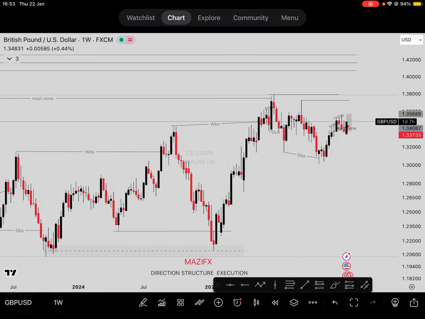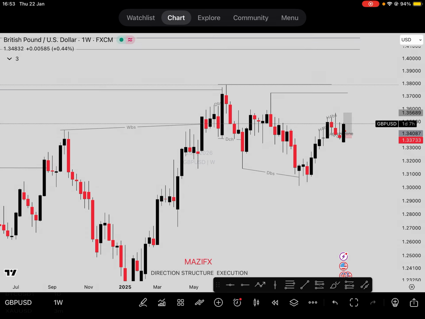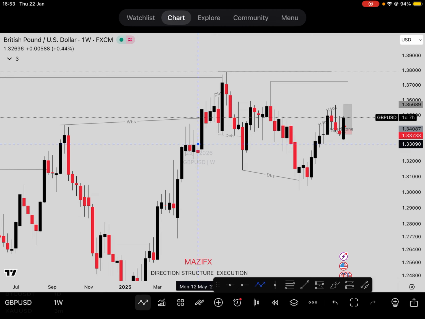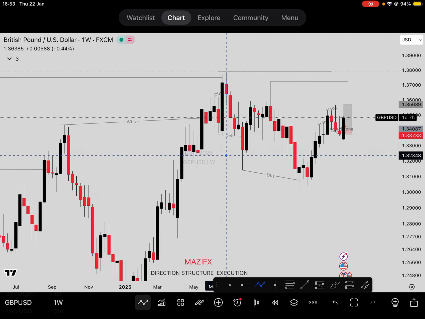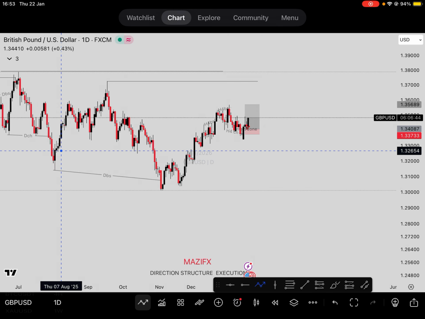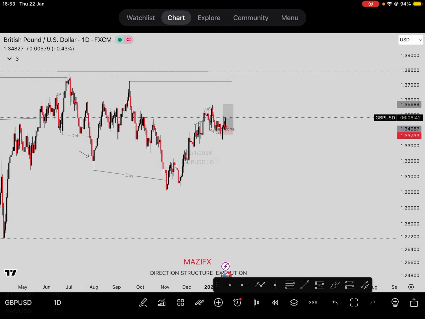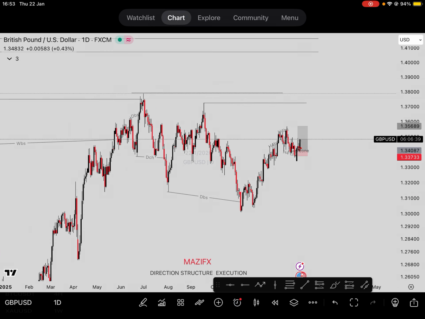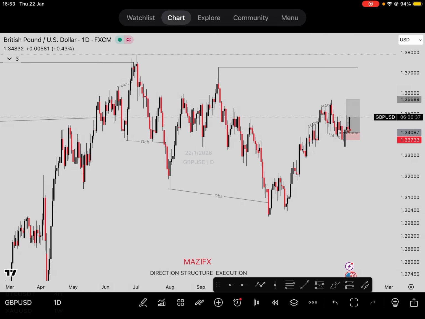Now, looking at it, I noticed that point. Let me show you guys. First, let me break it down. If you notice what I'm saying here, daily is actually bearish. Looking at daily, this is it: a low, a high, a low, a high, then a low here. We're making a retracement to probably sell off from this zone or this zone.